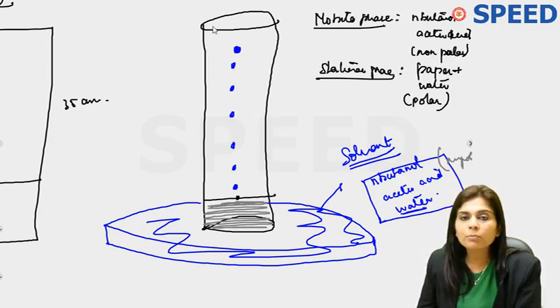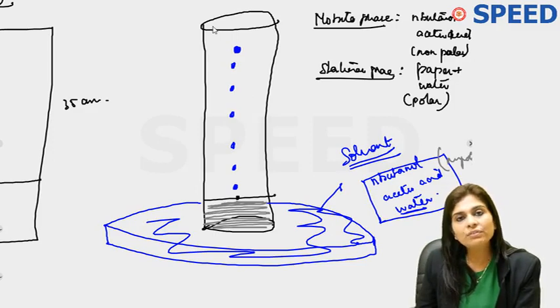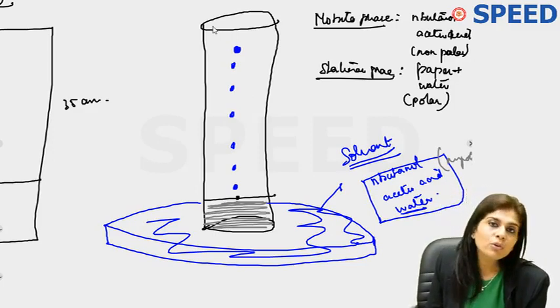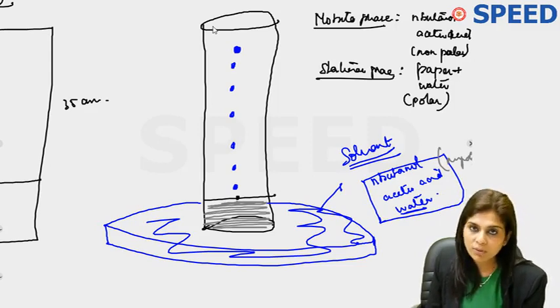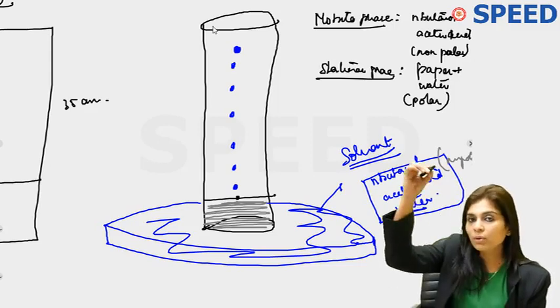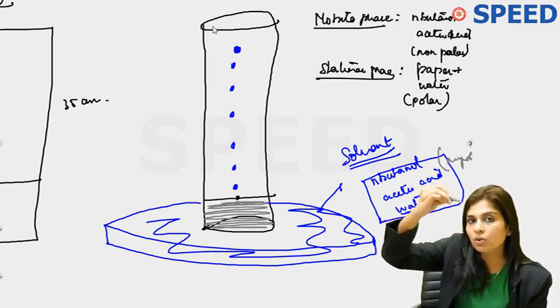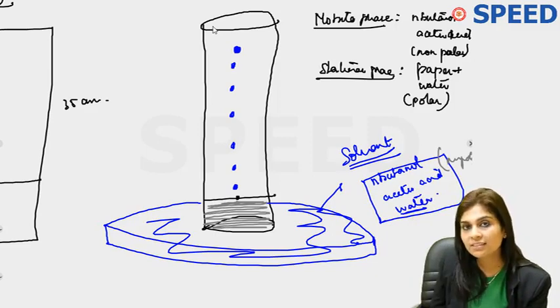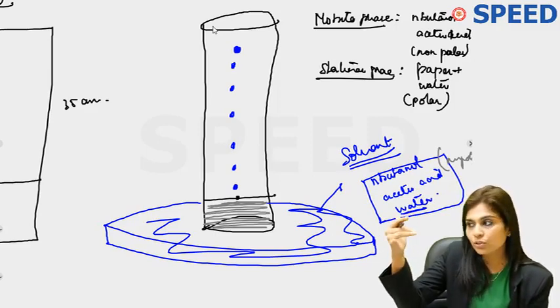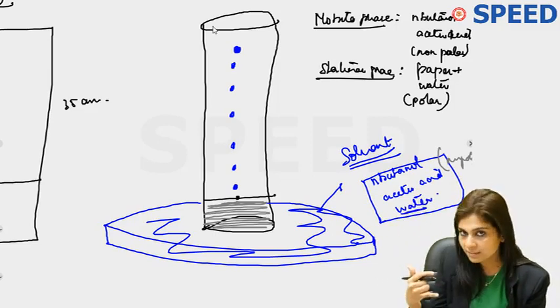So in paper chromatography, which amino acid moves the fastest? If that's the question, it means they're asking you of the following which is the most non-polar. And that's why I told you when we discussed amino acid chemistry, I told you the non-polar nature increases as you go down the list of non-polar amino acids. And I told you glycine, alanine, valine, leucine, isoleucine and methionine is the sequence.